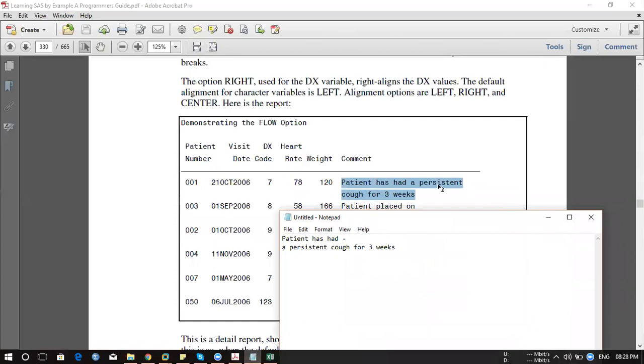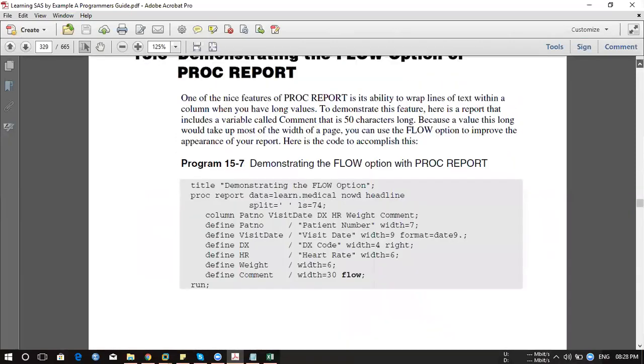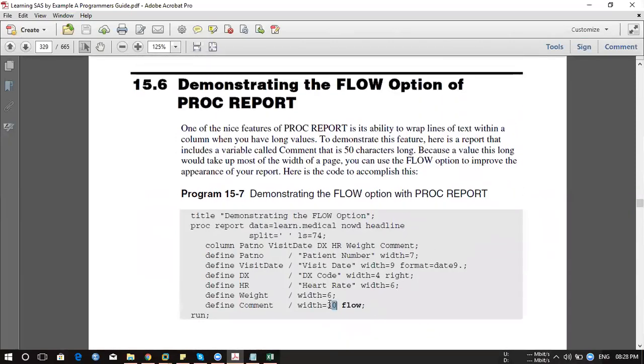I fixed your length, so we fix this length, 30. After 30, if you find any blank, you move the rest of the value below.